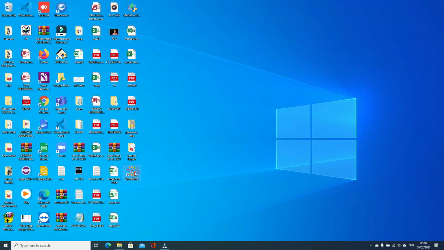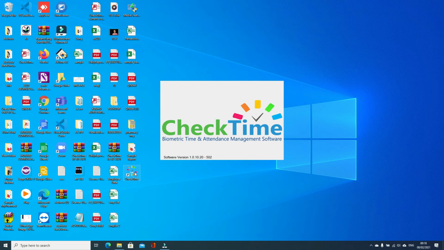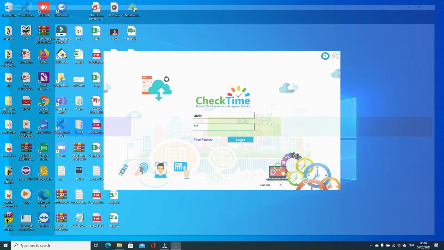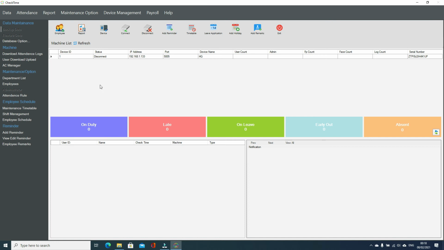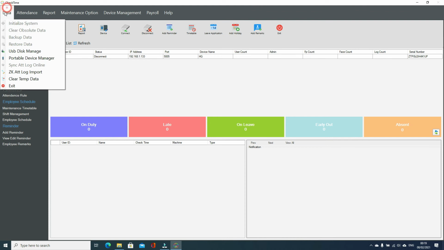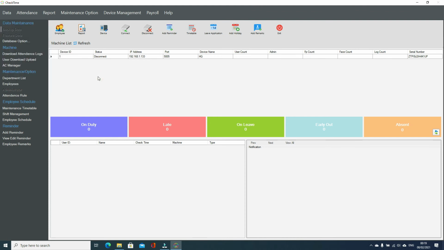First we log in as a user. You see I already unchecked some of the permissions. Those permissions should not be available inside the user. We log in with the same username and password we gave. You see backup data, restore data, administrator, and database update are disabled here, and some other functions are disabled too. Just now we disabled them inside the user. So this is how you can create the user.